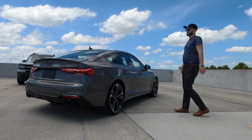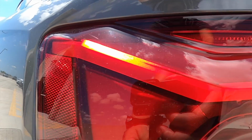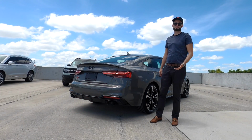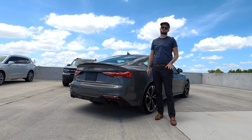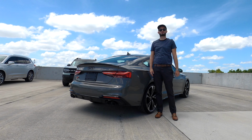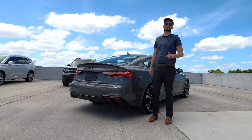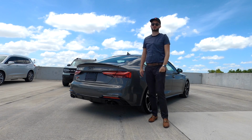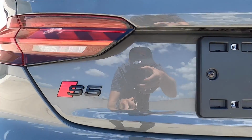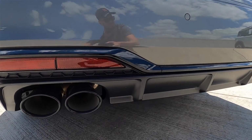Sport rear differential, 184.9 inches long, LED tail lamps, and the carbon fiber goes on top of the trunk lid spoiler. So it gives more athletic approach because this is not the RS5 Sportback, which would be 444 horsepower and 442 pound-feet of torque. The engine is also different. It's a 2.9 liter V6 twin turbo. The lower gets the quad exhaust outlets with the diffuser, the gloss black elements, front and rear parking sensors, and